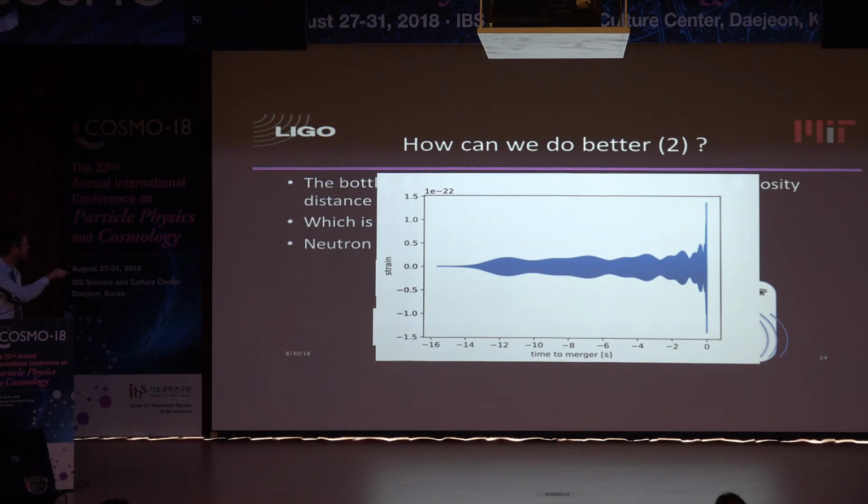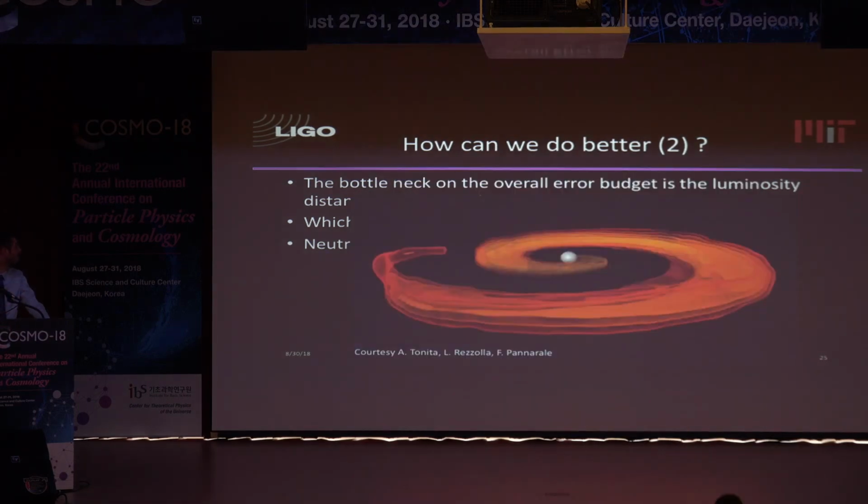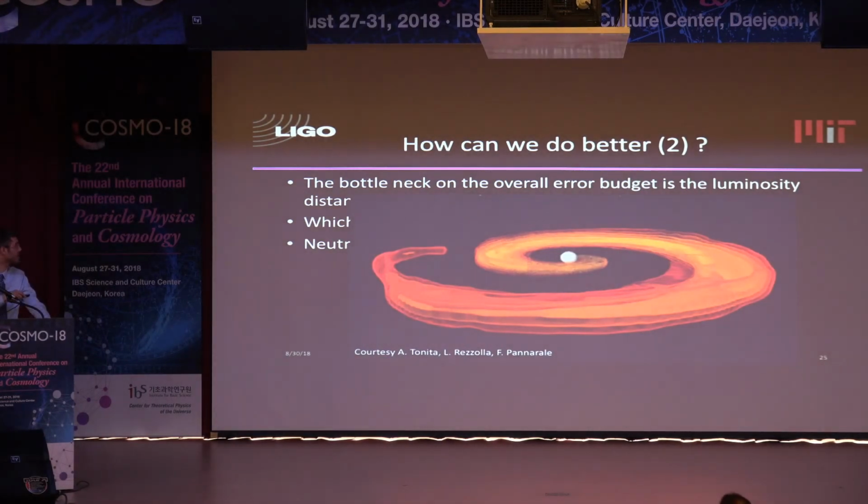And as you can see, this is just windowing. Don't worry about this. You can see the amplitude is modulated. And now this modulation breaks or strongly reduces the degeneracy between D and inclination angle, which means we can measure the inclination angle for neutron star black holes better. Furthermore, neutron star black holes are also expected to be electromagnetically bright because the black hole should eventually disrupt the neutron star, so you have a lot of material going around. Although the details of this, I should say, are not really clearly understood yet.